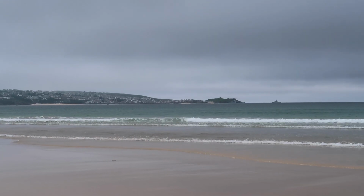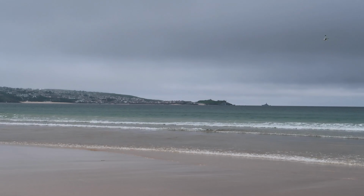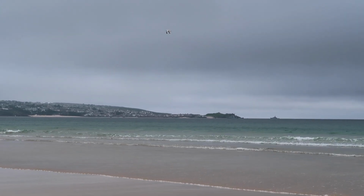Some are really highly visible, others are just astonishing. It's really weird. The headland out there is St Ives. We're right down by the water now. There is a frigate to the right of the headland. A naval frigate guarding St Ives. So having naval frigates in the bay at St Ives...